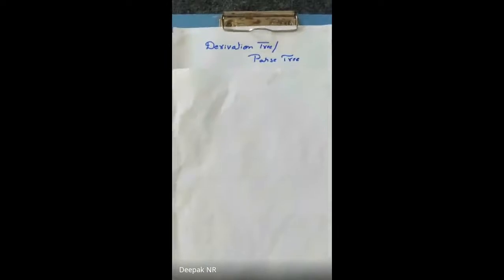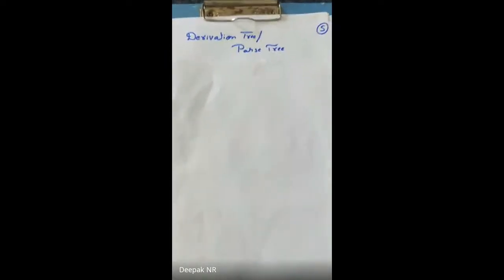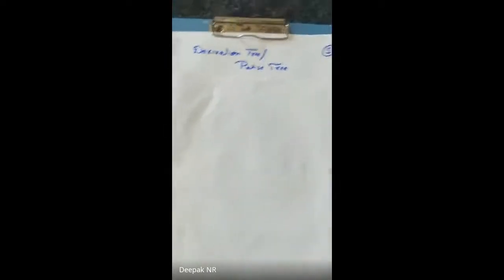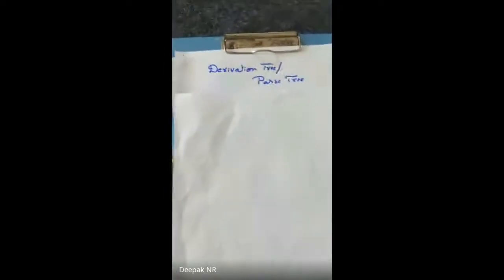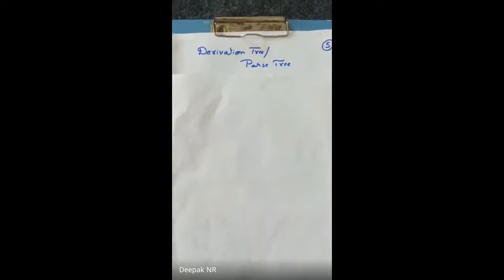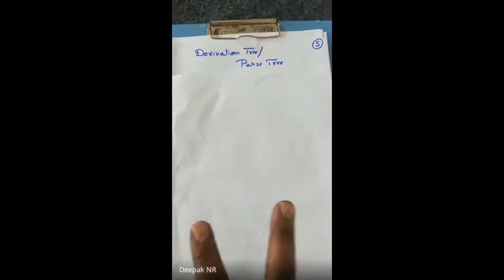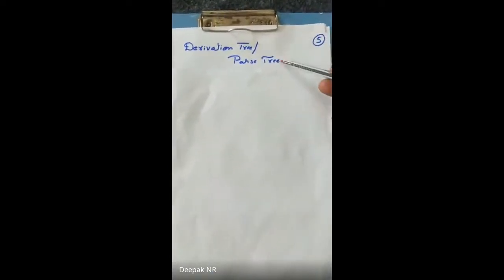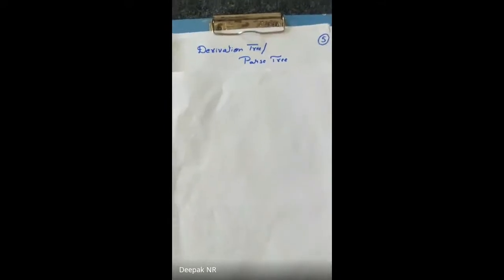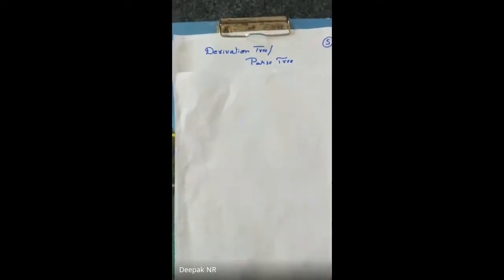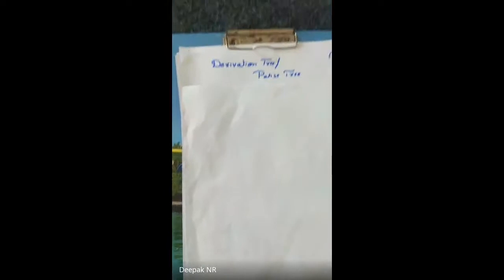Last class I started Module 3, and the content was context free grammar. I hope everyone is clear about context free grammar. Today I'll be covering two more topics regarding context free grammar: derivation tree and ambiguous grammar. Either of these two will appear in the exam for sure. Clear? Let me explain what you mean by a derivation tree.